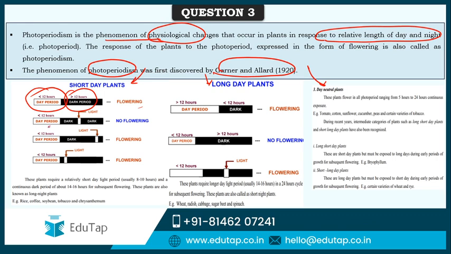Even if there is less than 12 hours of light, if there is a light period in between the dark, it doesn't flower. It needs continuous dark for more than 12 hours. This is what they have mentioned here. Examples are rice, coffee, soya bean, tobacco, chrysanthemum, and various other crops. At least they require 14 to 16 hours of